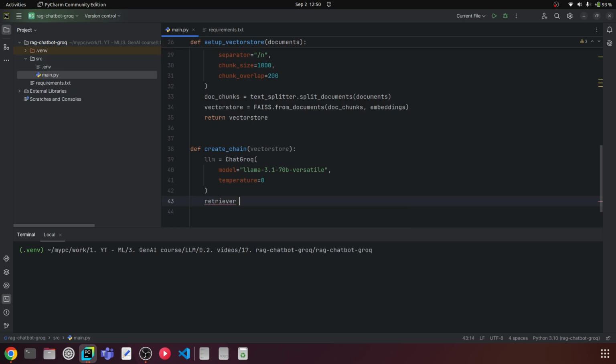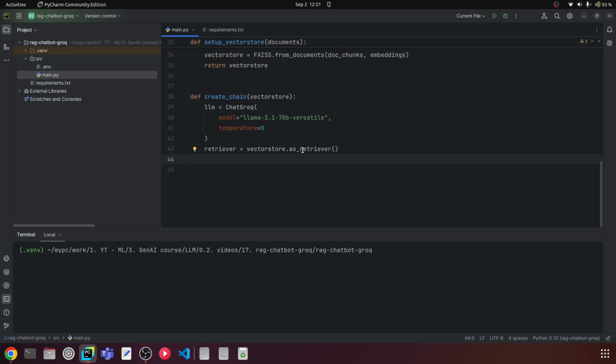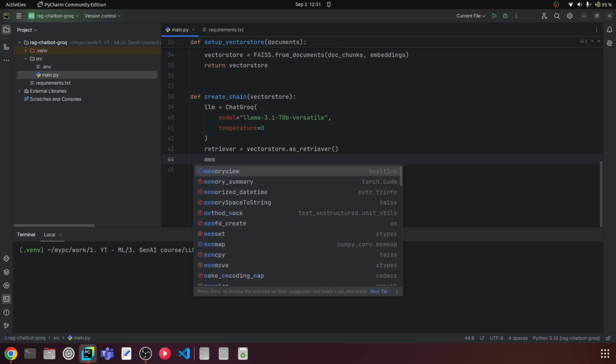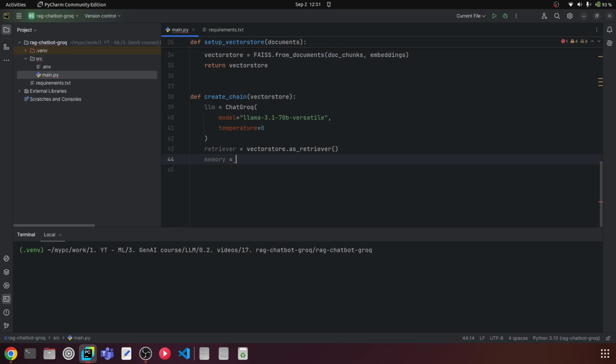And then we have retriever is equal to vector store dot as retriever. This vector store is going to be used as a retriever where we do a similarity search of the question vector and the document vectors and send the relevant information. That's the use of this. Then we are going to use the important aspect, which is memory is equal to ConversationBufferMemory. And the parameters that we need are